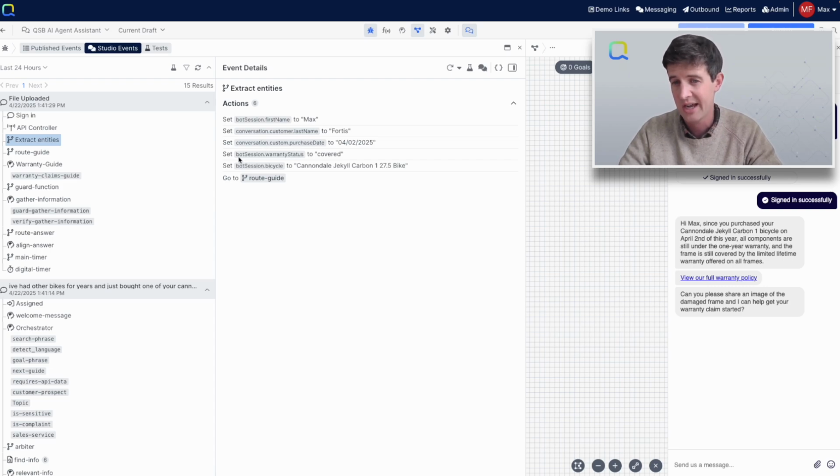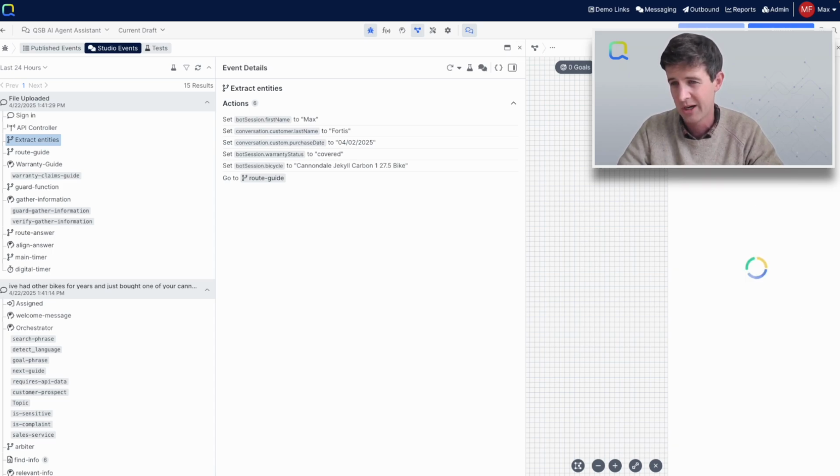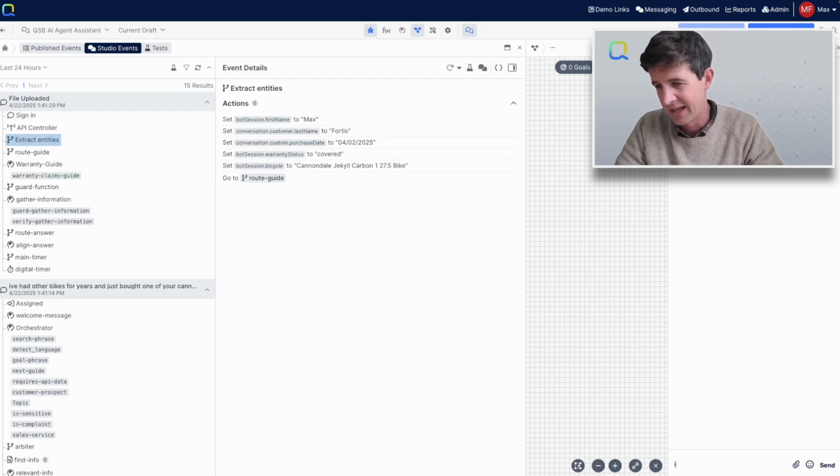So you can see this next step where we called off to that API, extracted the relevant information to go ahead and actually generate that answer for the customer around their particular bike and its warranty status. So let me do one more version of this question to kind of highlight how this looks for a slight variation of this. So I'm going to say,